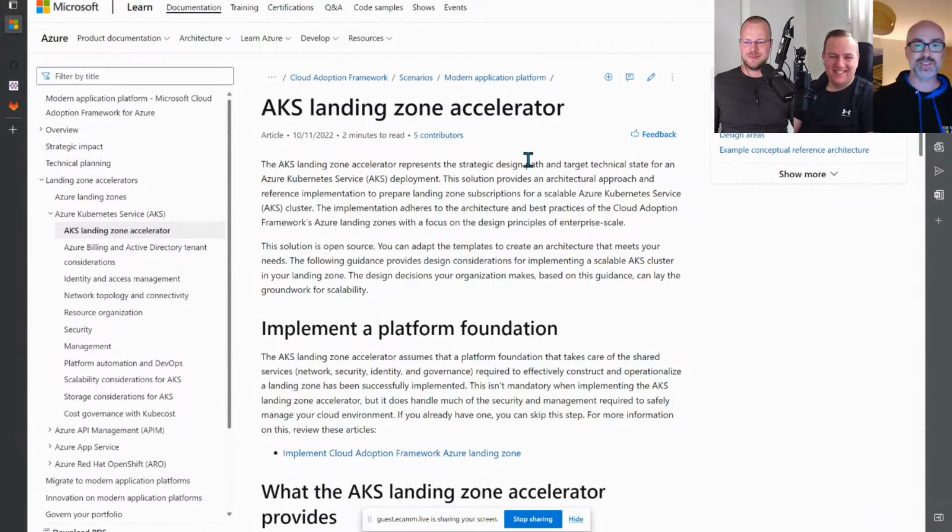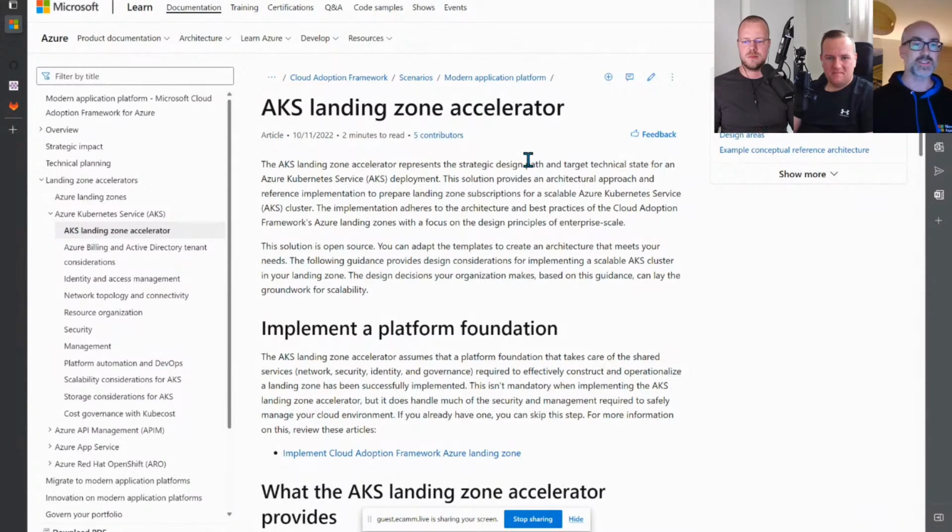So I'm going to start this off where you should always start, which is the Microsoft documentation. We've got lots of stuff to do with AKS on the Microsoft docs, as you'd expect. A really good section, especially for enterprise customers, is the cloud adoption framework, landing zone accelerator.